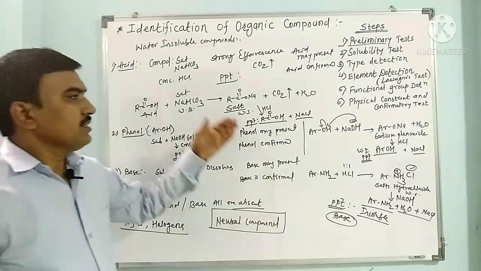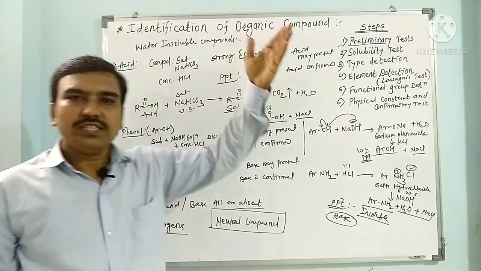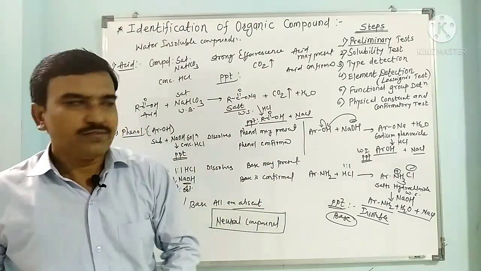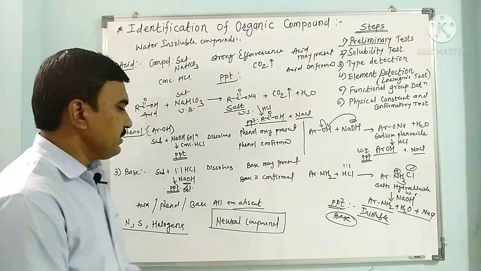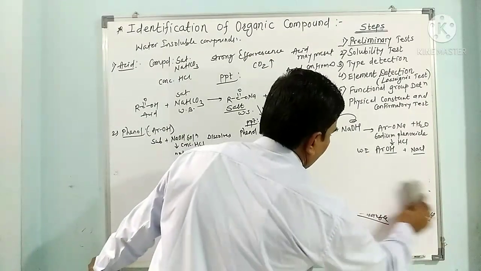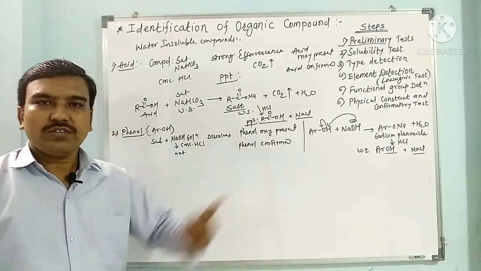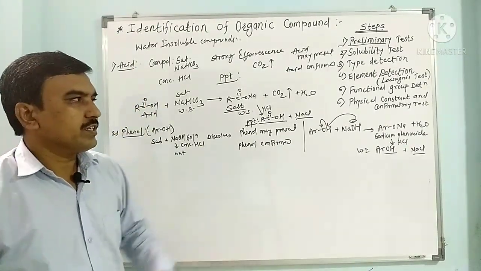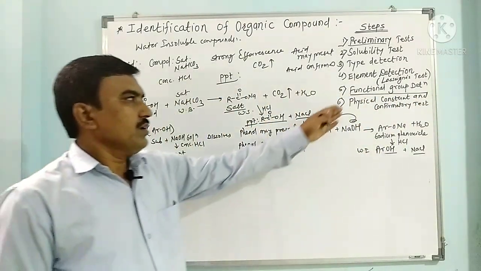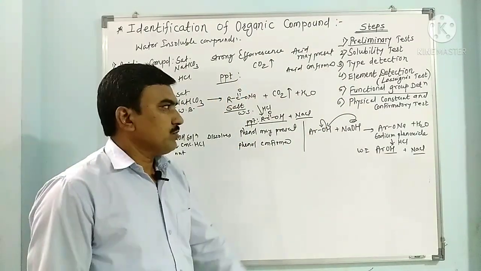If we have carbon, hydrogen and oxygen along with nitrogen and the type is acid, then we check its functional group using the elements and the type, CHON acid. On the basis of the elements present in the compound, we can determine the functional group. There are different functional groups in organic compounds, as we discussed earlier. These are determined in the functional group detection step, where we get the functional group from the elements as well as from the type of the compound.